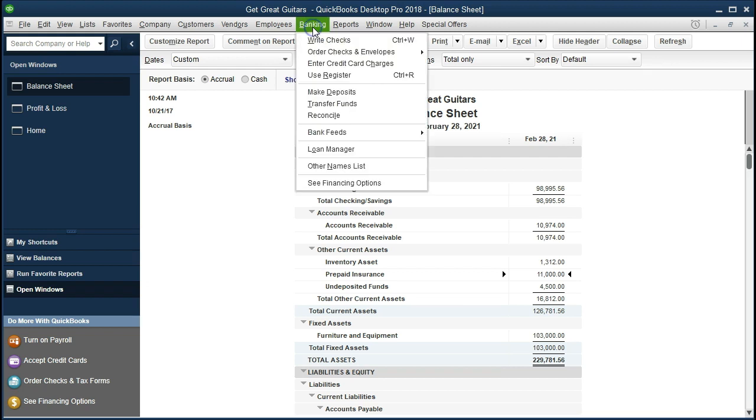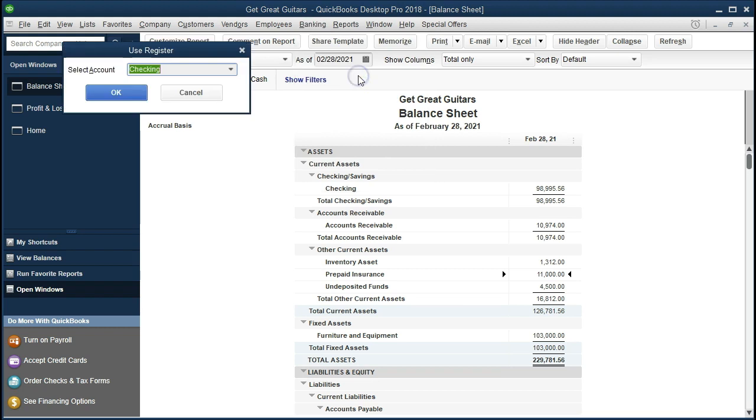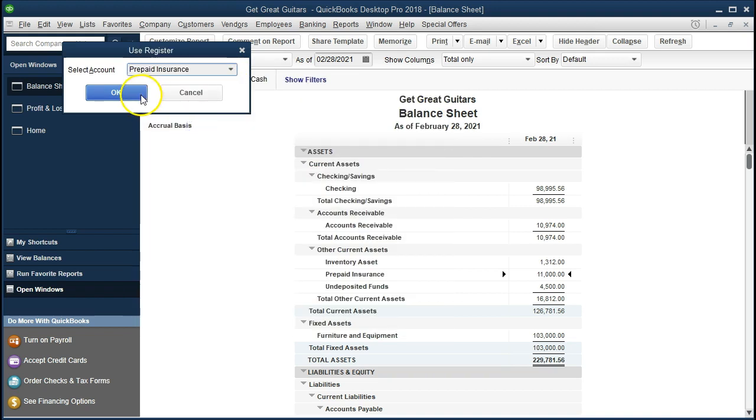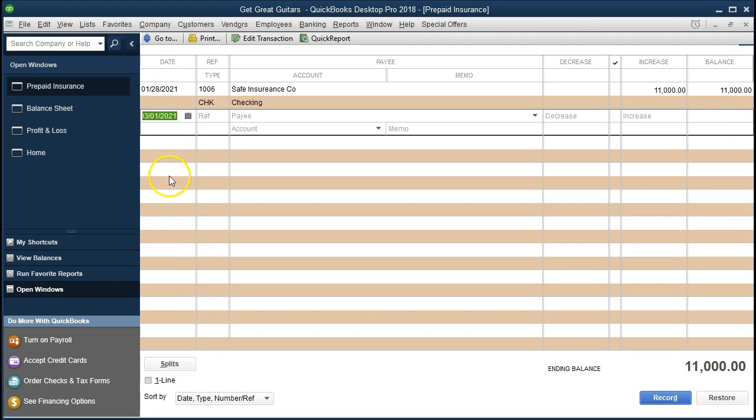So we're going to go to the banking here and we're going to go to Use Register. And we're going to look for that prepaid insurance. So we'll select the drop down. We're going to go to Prepaid Insurance and OK. And we're going to make our adjusting entry as of the end of the month, as of 02/28/21. And we're going to say that this account is going to go down. So it's going to be a decrease of